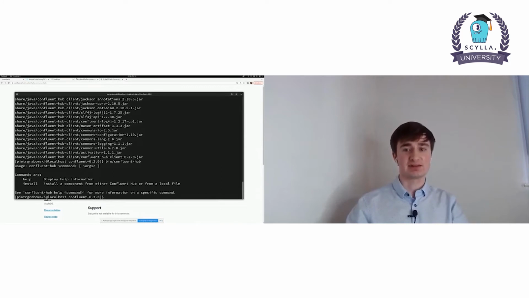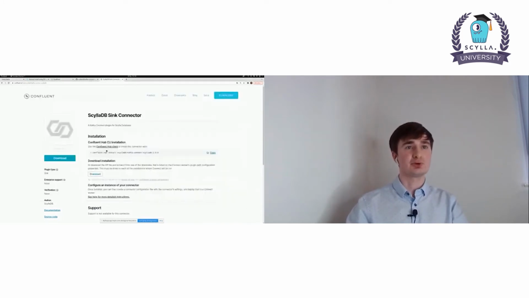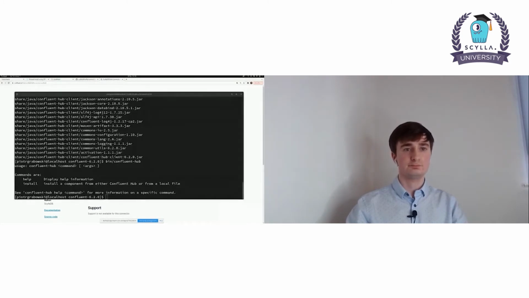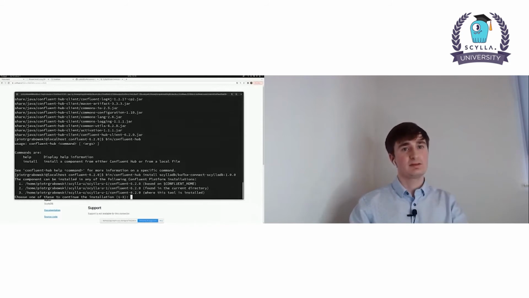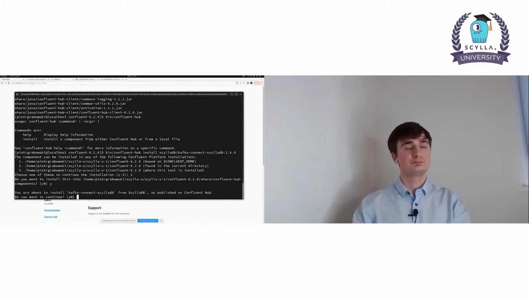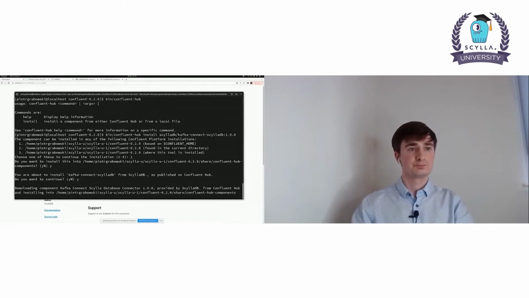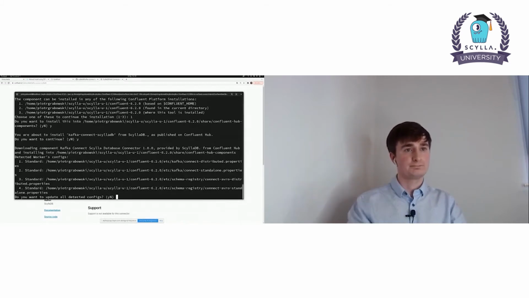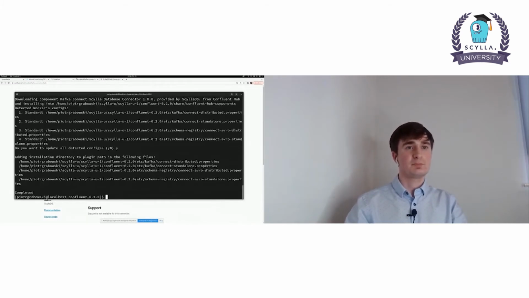So we want to install the sync connector, and we'll use the command that is specified here on the Confluent Hub website. We have to specify the paths where it installs to, and the defaults are usually OK. And just like this, the connector is installed.